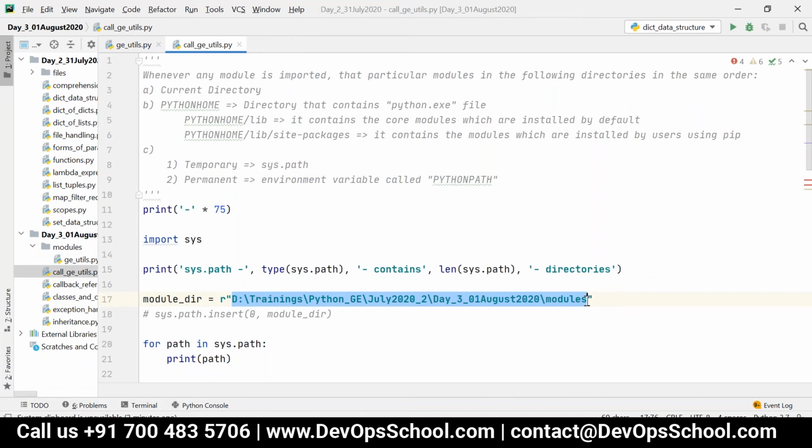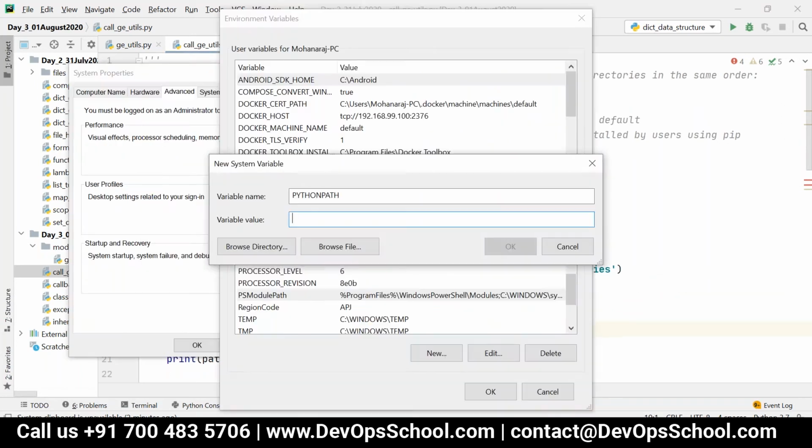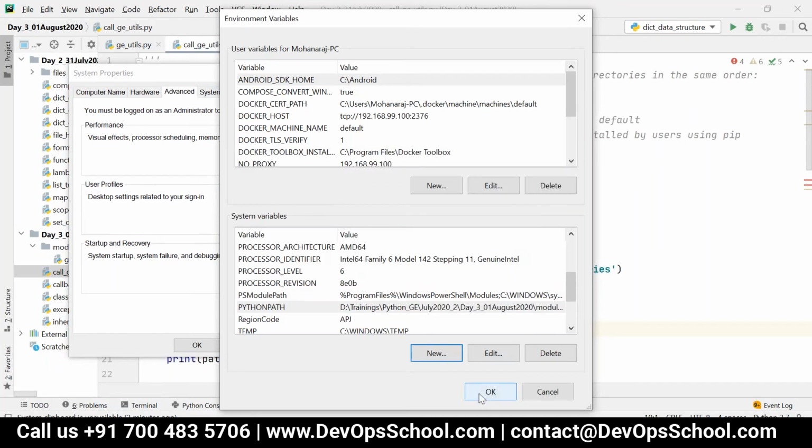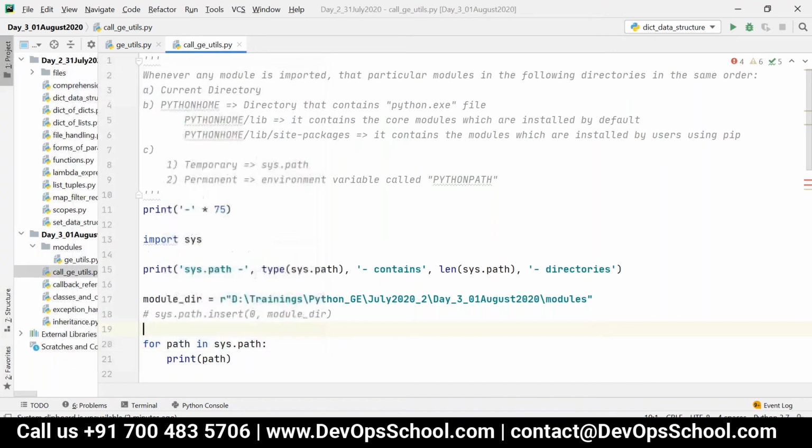If you want to add more directories, you can just say semicolon and then add another directory. So basically dir2 semicolon dir3, and then you can add any number of directories here. Then say okay here, okay here, okay here.